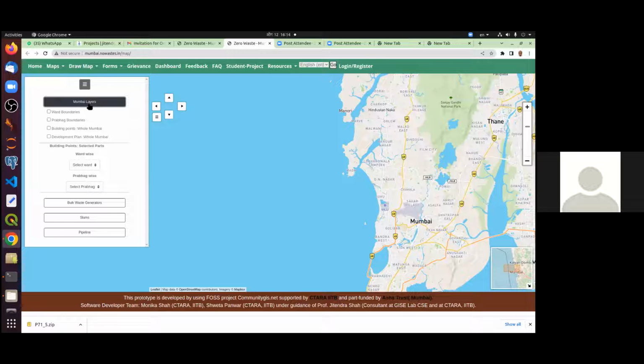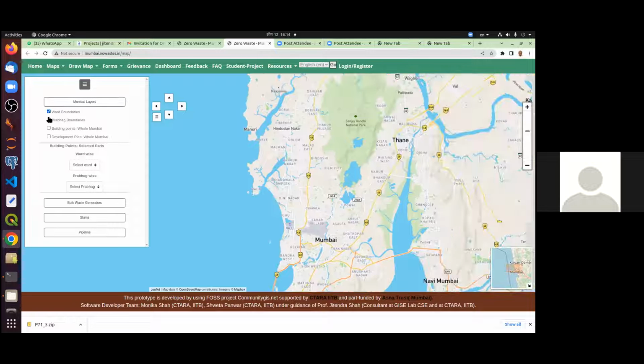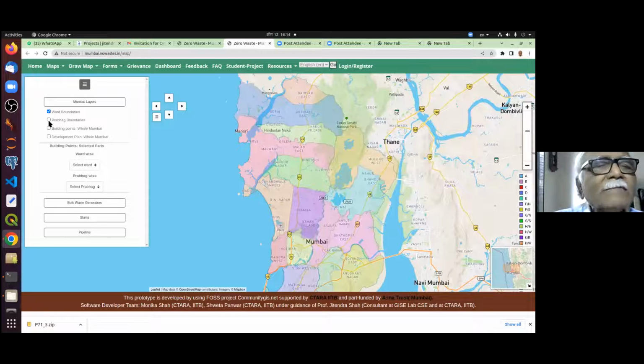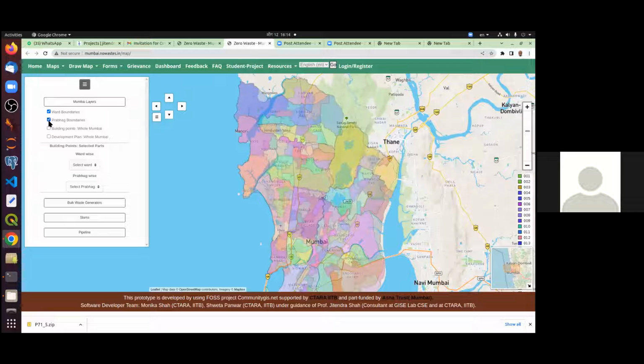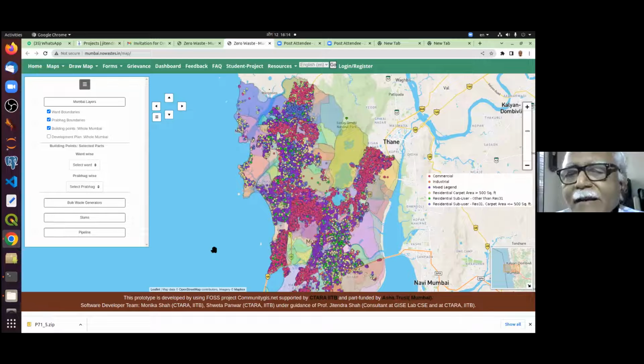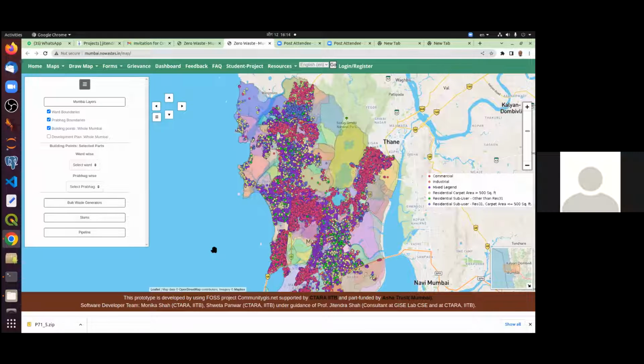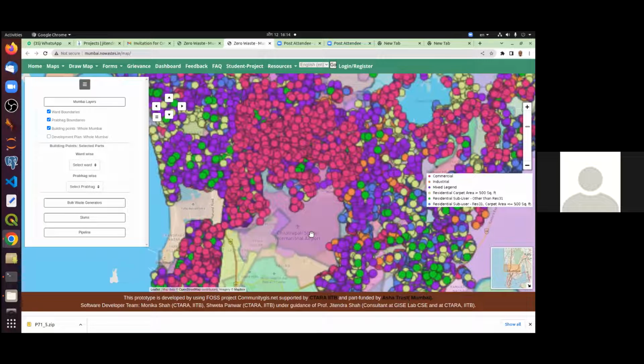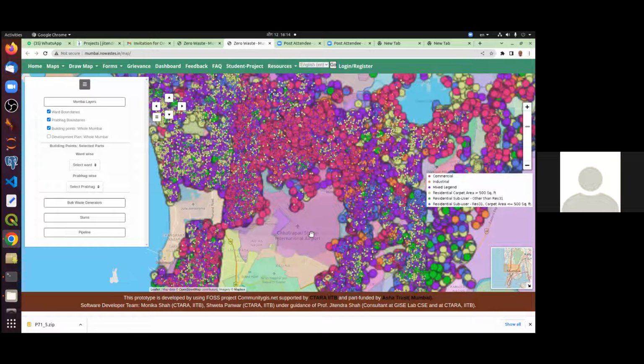And if I want to change the behavior of the public, then we should be able to share with the community information that they trust, information that they can understand. The world of solid waste management and many other problems is very complex, and that needs very detailed information. Here I can show you a map of Mumbai, in which there is every building in Mumbai,